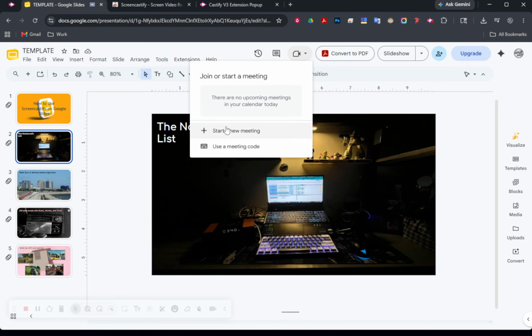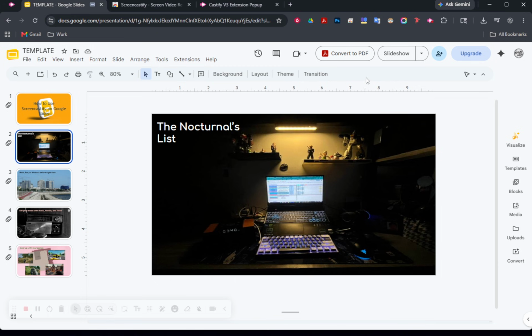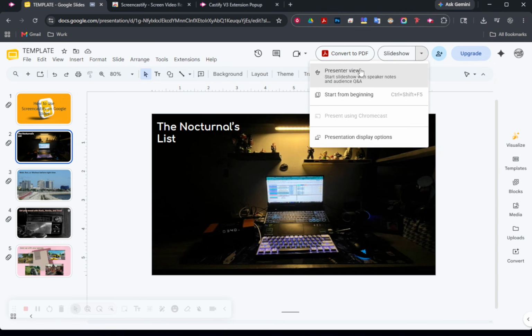For best results, use browser tab mode for slide-only recordings, confirm your mic is on before you begin, and do a quick test recording to check audio levels and slide flow. If you're on the free version, aim for concise videos to stay within limits. That's it, you've recorded your Google Slides presentation with Screencastify.